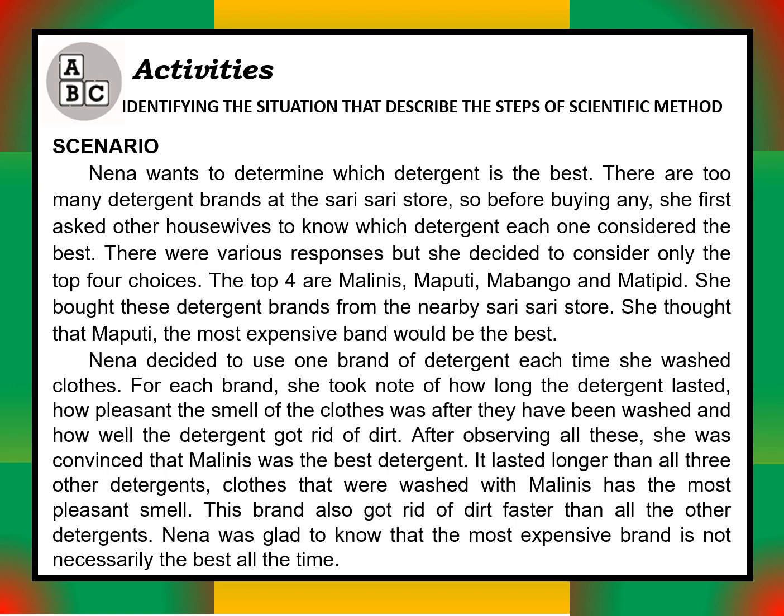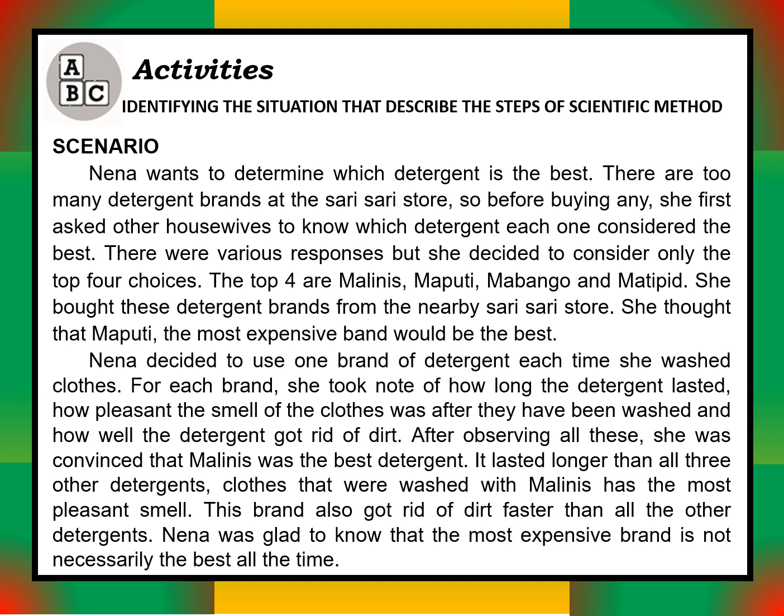Nana decided to use one brand of detergent each time she washed clothes. For each brand, she took note of how long the detergent lasted, how pleasant the smell of the clothes was after they had been washed, and how well the detergent got rid of dirt. After observing all these, she was convinced that Malinis was the best detergent. It lasted longer than all three other detergents. Clothes washed with Malinis had the most pleasant smell. This brand also got rid of dirt faster than all the other detergents. Nana was glad to know that the most expensive brand is not necessarily the best all the time. So you have to